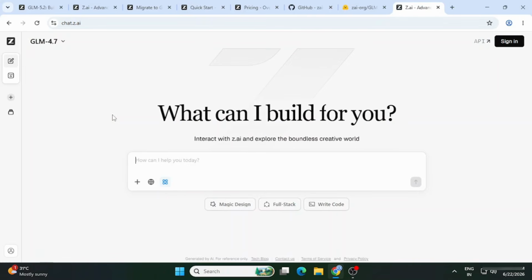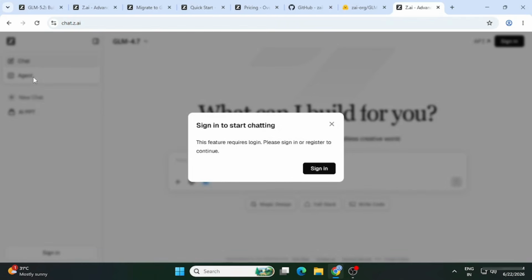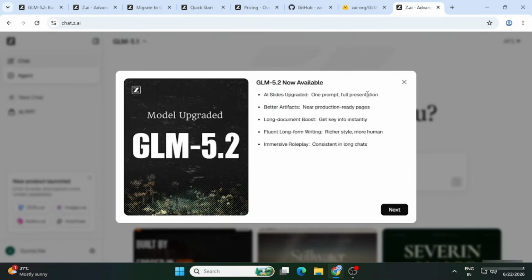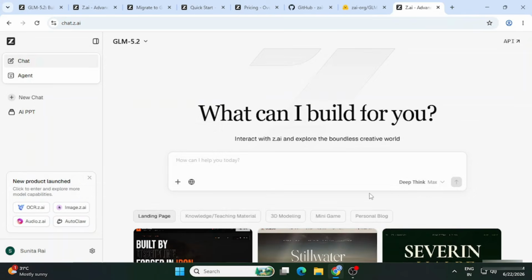So now guys, here I'm just going to Z.ai, and you can see here we have a chat option. So if you want to chat, you can chat, but I feel you should sign up and then use, so that your things are saved. So here I will be clicking on the sign in button, and then it will show you various options. Just sign in with Google, or you can take another option. I have taken Google. So Z.ai is the official website. You can sign in over there. I have just signed in, and now I can chat with this model.